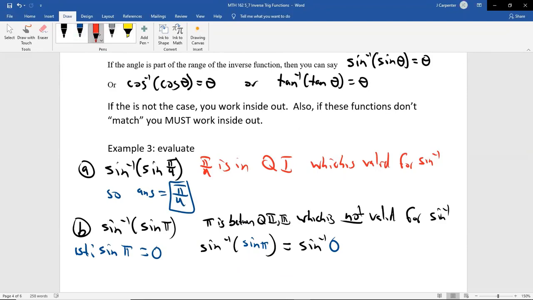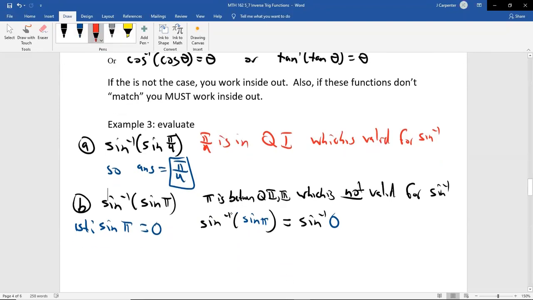So what you're asking here is, we're trying to find the inverse sine of 0. So what we're saying is, find an angle so that the sine of that angle is equal to 0, but we're